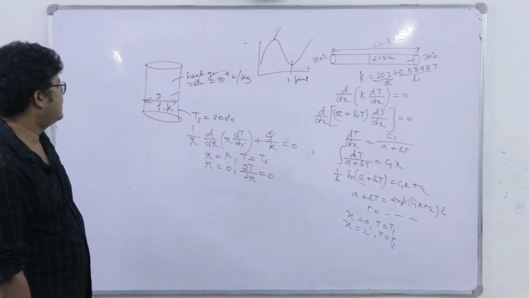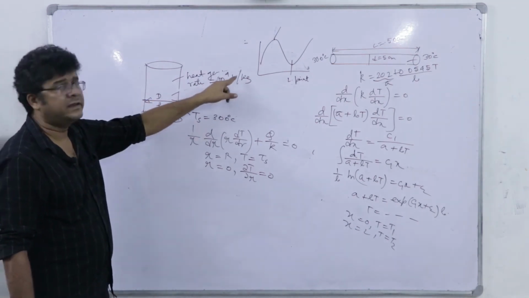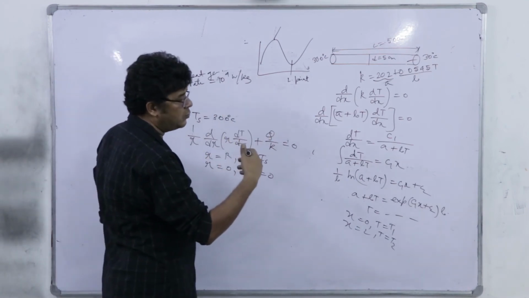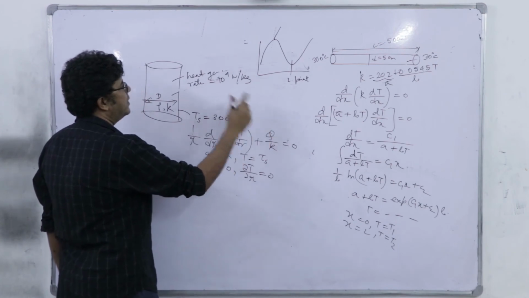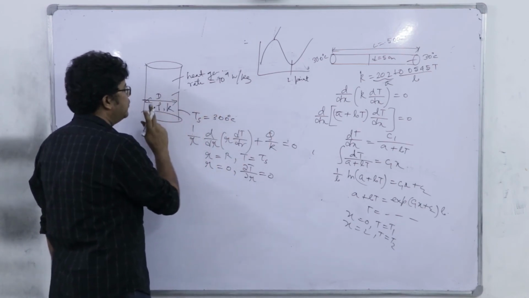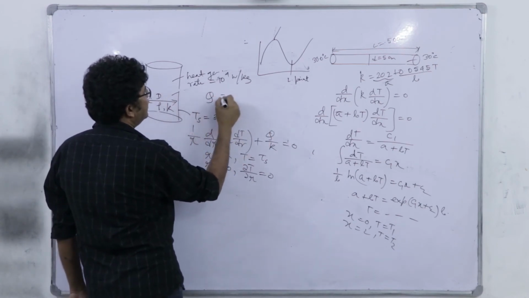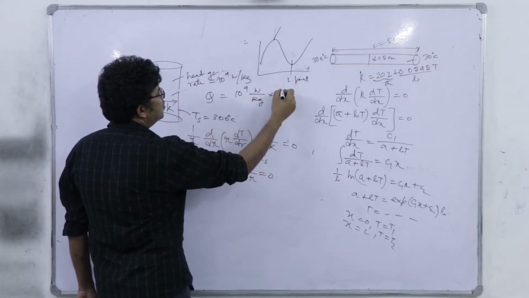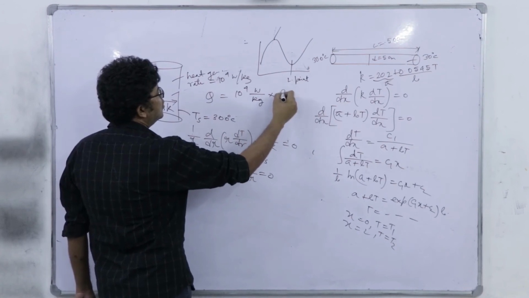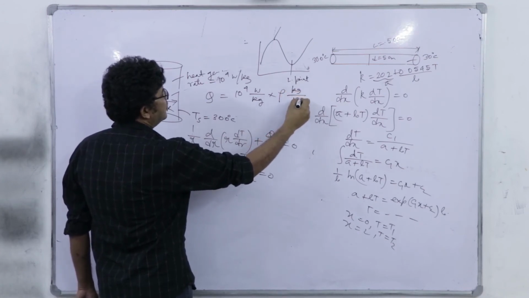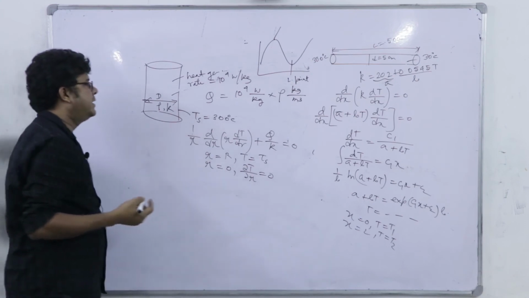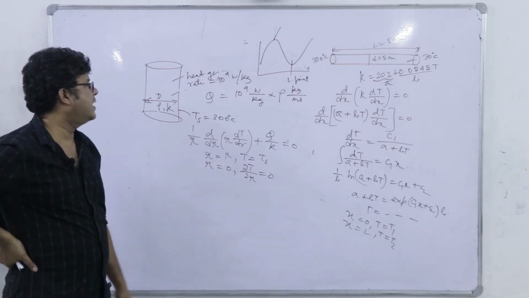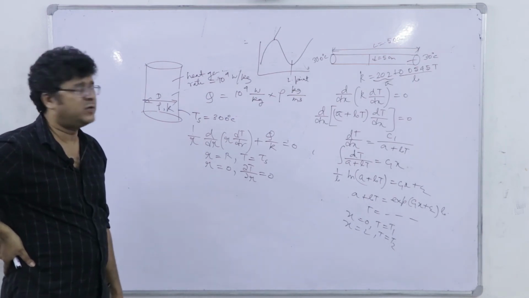Now, the point is the heat generation rate is given in watt per kg and q is in watt per meter cube. It is the generation rate per unit volume. So, that is why you use density. So, q is equal to 10 to the power 4 watt per kg into rho, that is kg per meter cube. So, you multiply this 10 to the power 4 watt per kg into the density, and you will get the rate per unit volume.